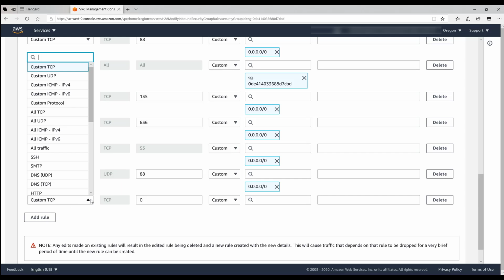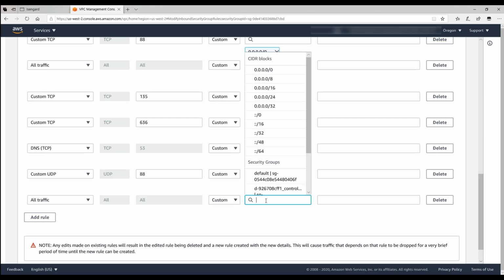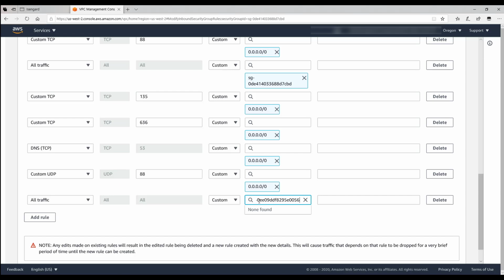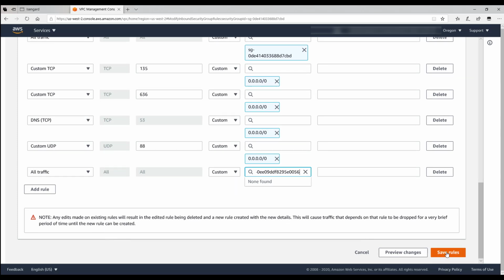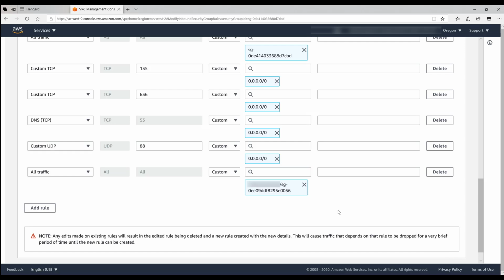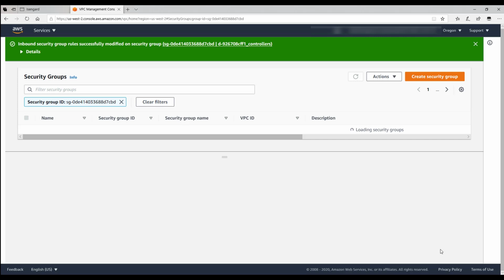So let's go ahead and say all traffic. And for this to work, you need to specify the account number / and then the ID of the security group. So in my case, it is going to be the account number / the ID of the security group. All right. And I'm opening up to all traffic. Save rules. And now the rules have been